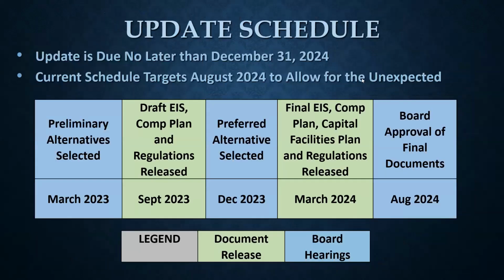So after we do all this, there's been a lot of question about what exactly happens after. After the board selects 3 alternatives, what happens? Well, after that, we develop the environmental impact statement. We develop revised goals and policies and regulations. Those can apply to individual alternatives or all the alternatives. Those will all be released to the public in September, and then from September through the end of December,